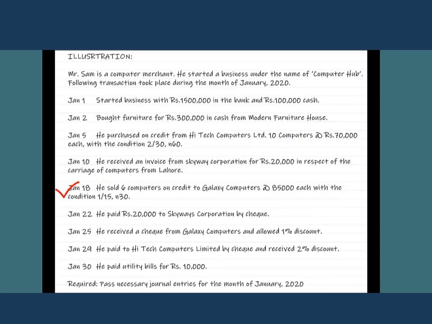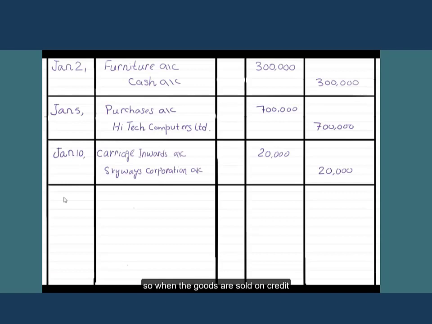On January 18, Mr. Sam sold 6 computers at the rate of 85,000 each with the condition of 1/15, n/30 to Galaxy Computers. So when the goods are sold on credit, we debit debtors account and credit sales account. Debtors are treated as a current asset for the business, so the journal entry would be